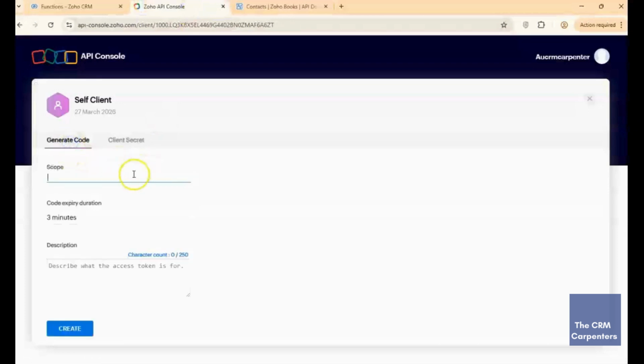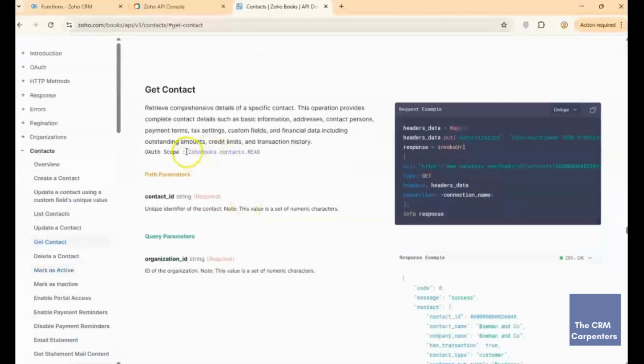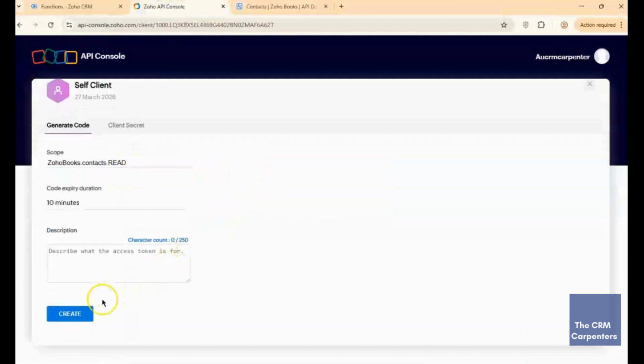Next, what we're going to get is the generate code. But to get that, we need to fill up the code expiry duration to 10 minutes and also the scope. And the scope depends on the API endpoint that you will initiate. So in our test case, we were just going to use the get contact from the Zoho Books. So the scope to get the contacts from the Zoho Books is just the ZohoBooks.contact.read. And if we click create,